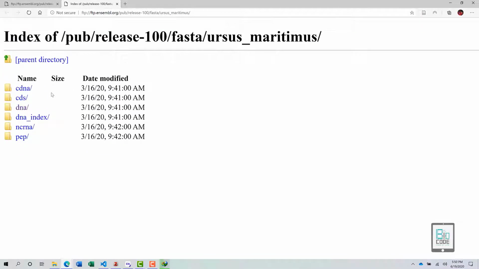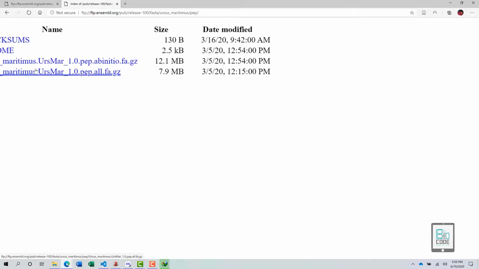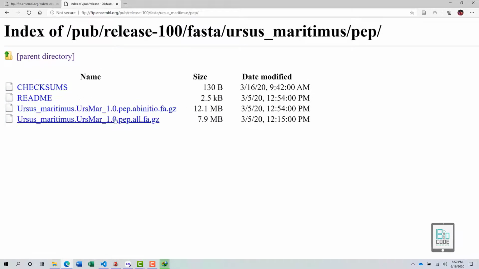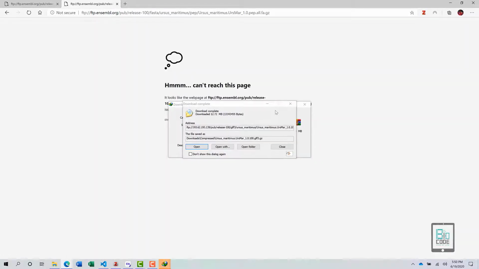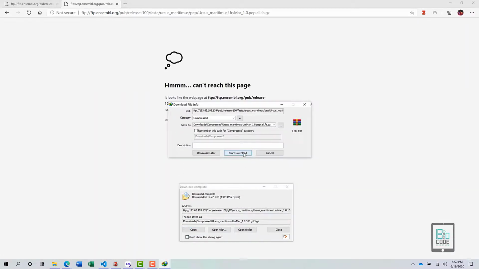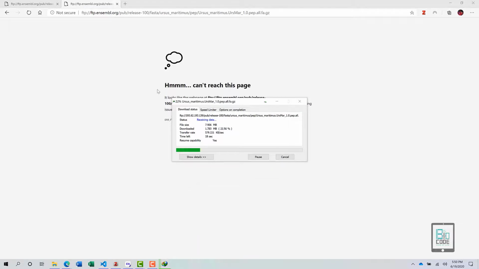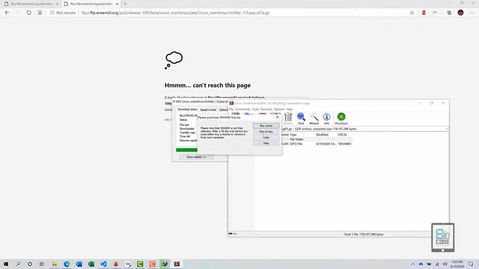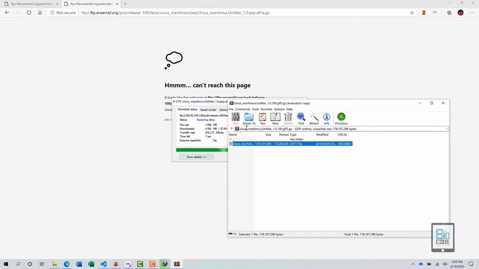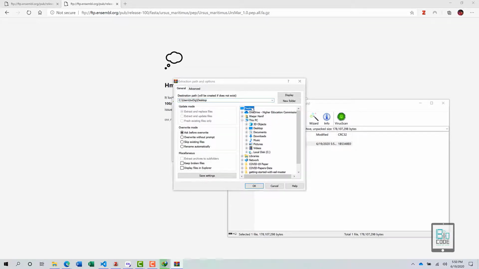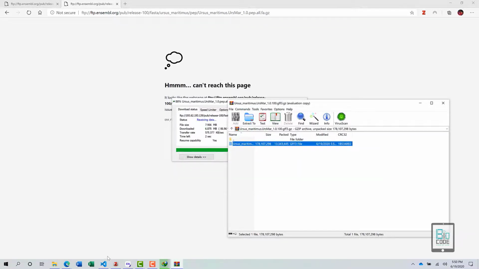So we can now retrieve CDS, DNA, which is the entire genome itself, non-coding RNA, and peptide, which basically means the protein sequence. Let's open the pep folder, where we will see the peptide or protein information. Let's click one of them, and we will be able to retrieve all of the proteins that are present within this genome. So let's download this one. In the meantime, we have now retrieved this information. I'm going to extract it on my desktop, and once it is done, I'm going to